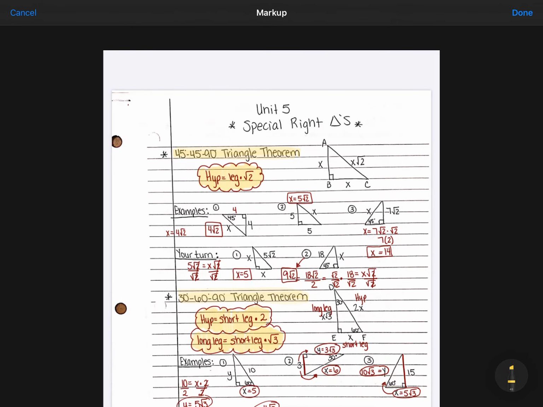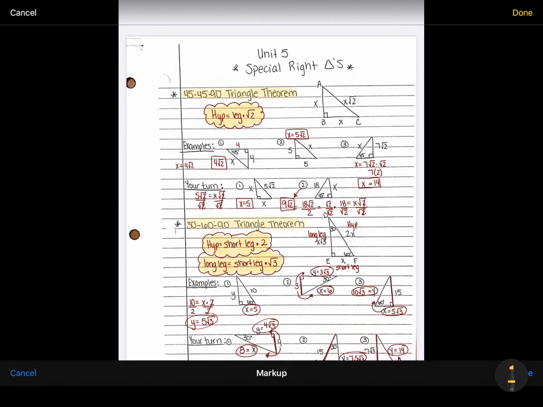All right, so let's take a look at the back side of this worksheet. There's some practice